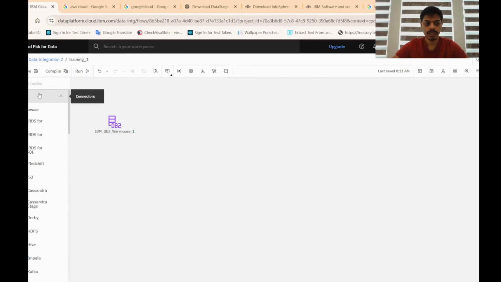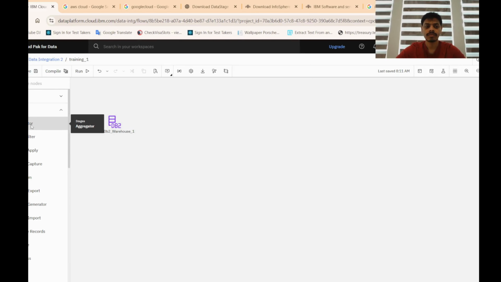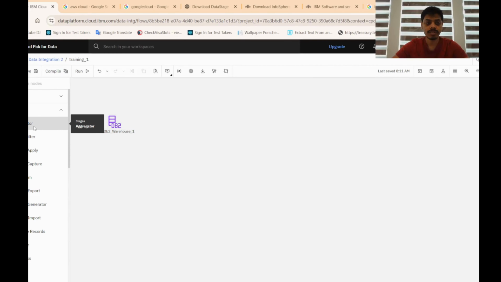Let's go to the connectors, and these are the stages that we have seen in the previous video. In the previous video, the stages were divided into several columns, but here the stages show in A to Z format, Aggregator, Bloom filter, and so on. There are a total of 40 stages in it. Let's try just a filter for this session. Double tap on the filter,